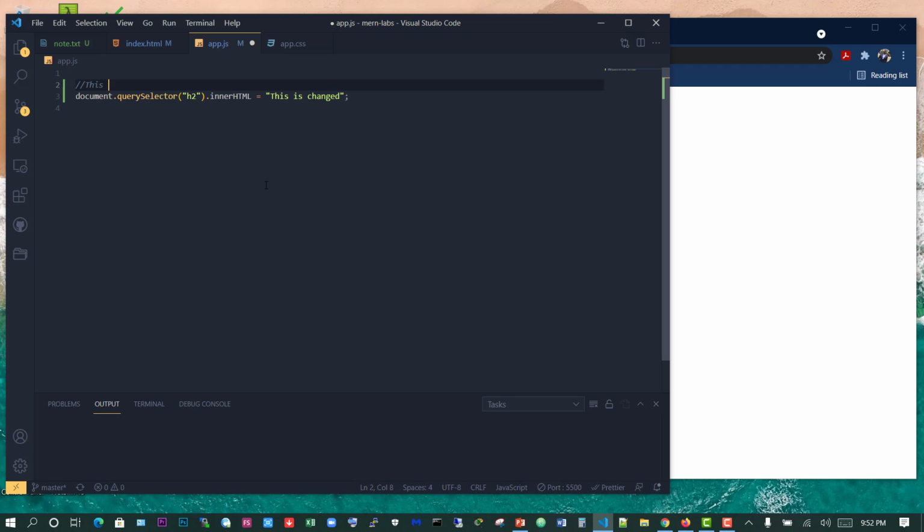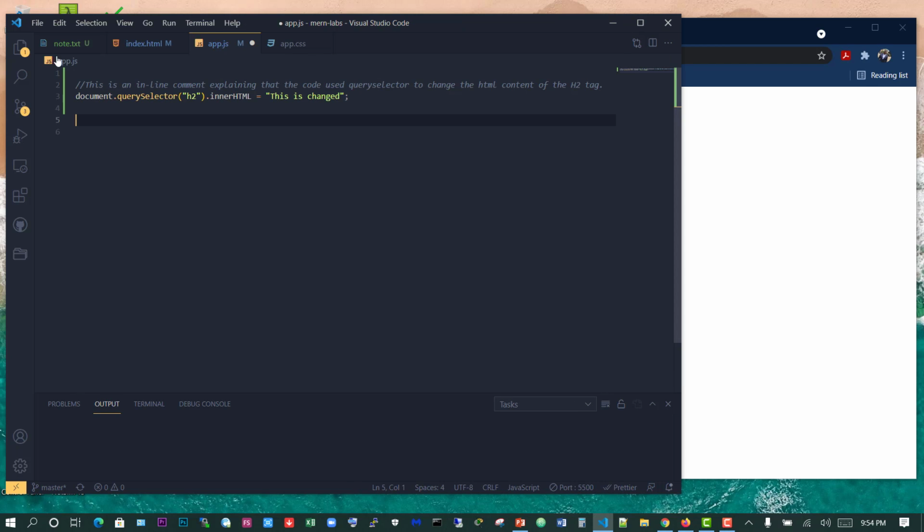So I'll say this is an inline comment explaining that the code used, you can say query selector, to change the HTML content of the h2 tag,